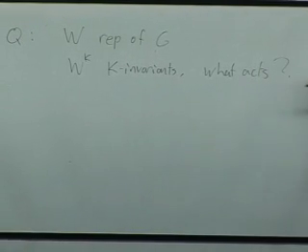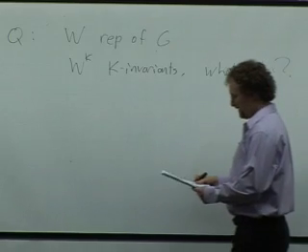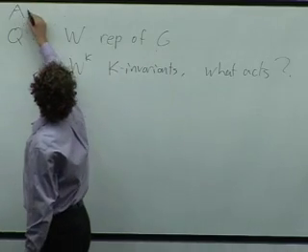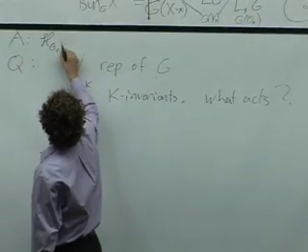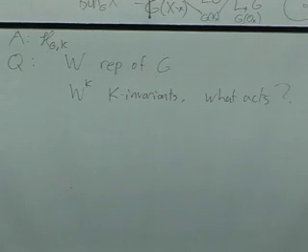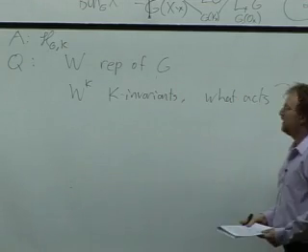So you can ask what's the best thing you could do? What's the kind of universal answer to acting on the space of K invariants? And the answer, I've already given away, is the Hecke algebra of G, K. This is an algebra that will always act on the K invariants in any representation. So maybe I'll briefly indicate why that's true.